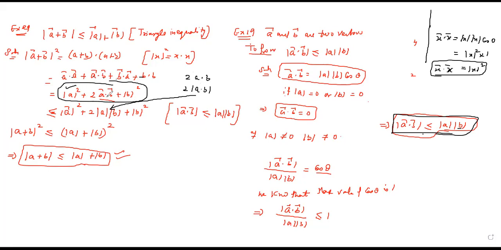Here I missed one step a little. What I wrote for A dot B: magnitude of A square plus twice of magnitude of A dot B, then magnitude of B square. Because basically when I take a dot product of A and B, I get a scalar. So whether I write it as A dot B or magnitude of A dot B, both are the same thing, because A dot B is a scalar and magnitude of A dot B will also be a scalar. So magnitude of A dot B is less than or equal to the product of the individual magnitudes. So what I did was replace twice of A dot B with twice of its mod, and changed the sign to less than or equal to, replacing it with the individual magnitudes. After that, the identity became the whole square of magnitude of A plus magnitude of B. I hope this is clear.